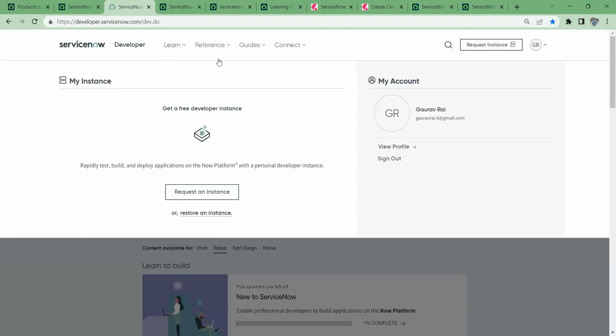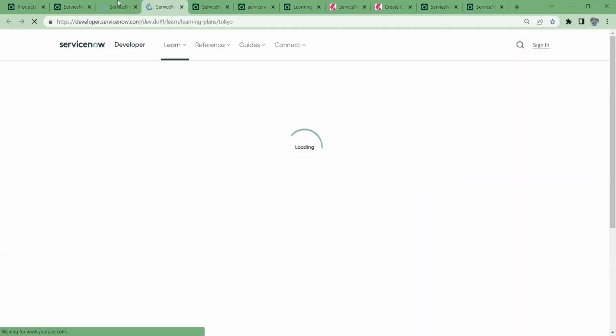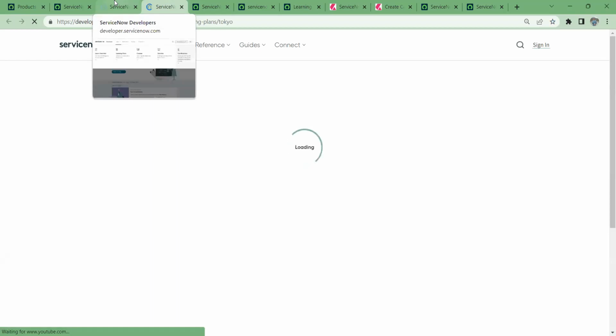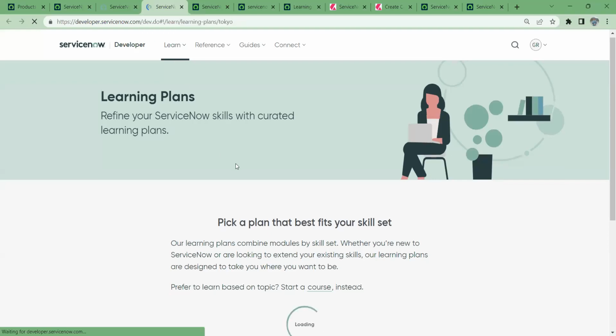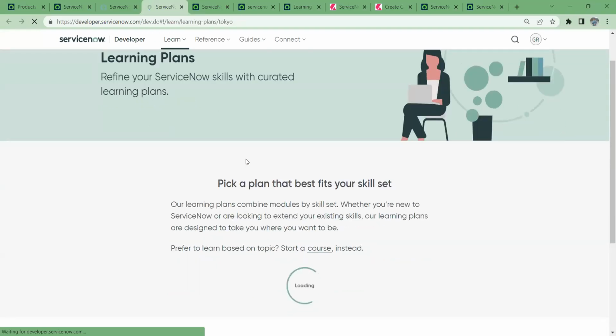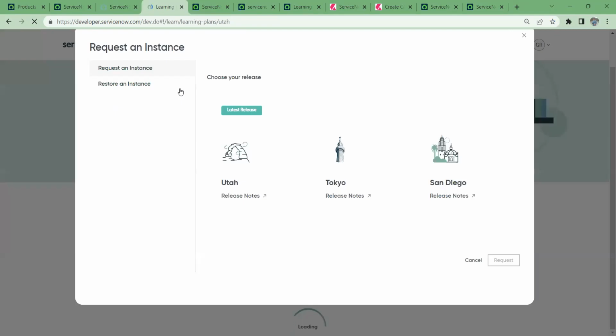Another point which you can see on the developer link. So learning. Gaurav, we will be getting hands-on with which release, Utah or Tokyo, or which version? Tokyo. Mostly you will take a look and we will be getting hands-on with Tokyo. Yeah, if there is availability of a new instance which belongs to the Tokyo release. Okay, right. Let's see, you can say that I want to learn it on Utah. Right now it's showing, but